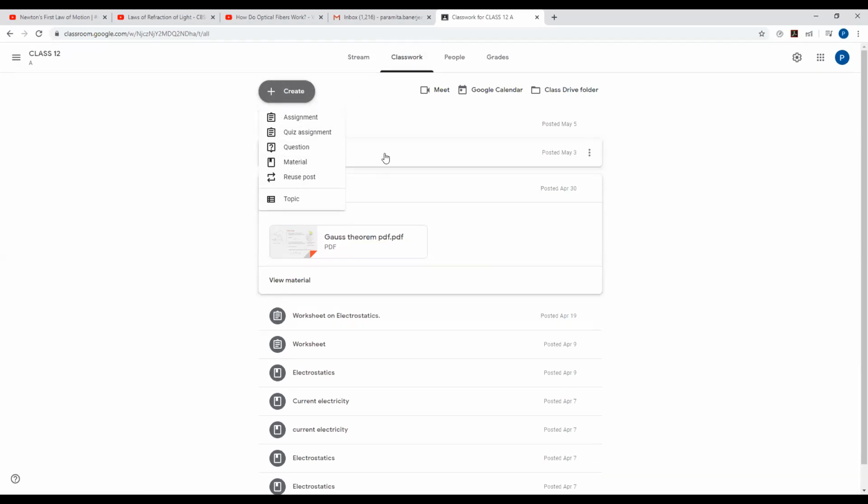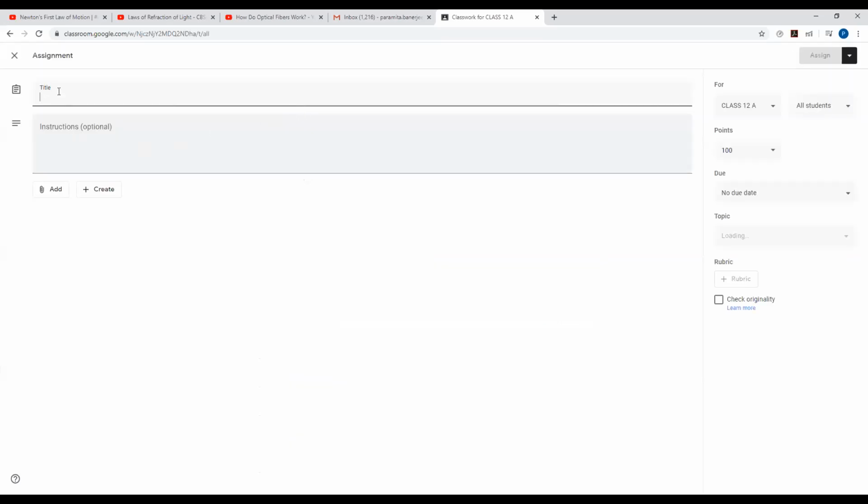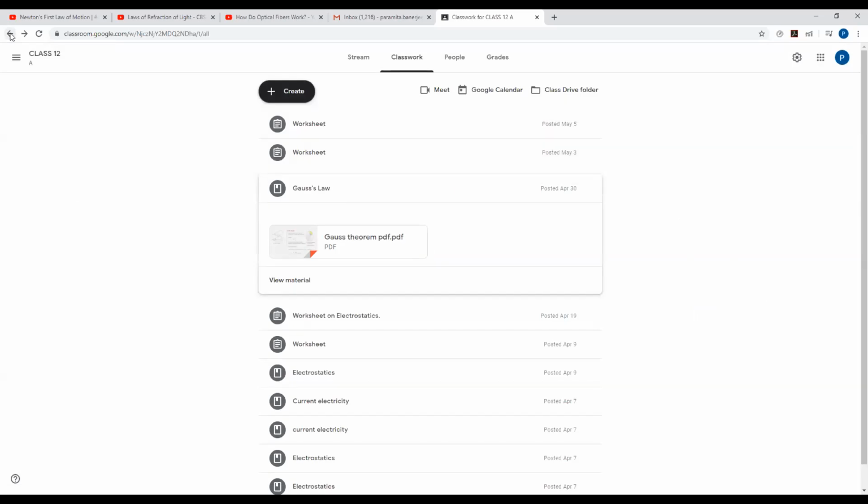You can do the class in Zoom, and you can keep everything saved for your lifetime in Google. In Google Cloud, you will not lose your material. That is the main thing you can create. Now suppose assignment. In assignment, see here there are some instructions, and so many things are given: points are given, due date is given, and you can set the rubrics, how to assess them.